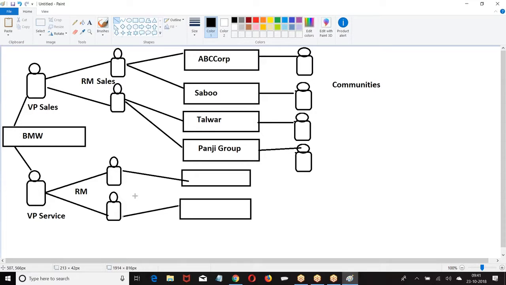Anything that comes from the ABC group will be handled by this person. He is the owner of these two records. Anything they want, they will communicate with this person. So that's why these are our internal users, and they are my external users. I hope you are good with this. Right, boss?